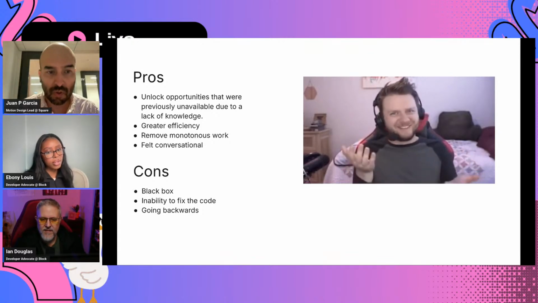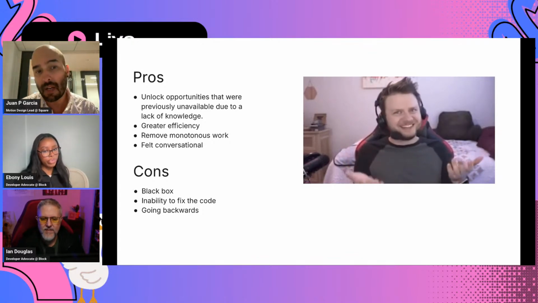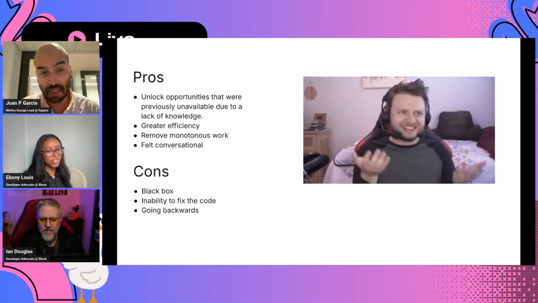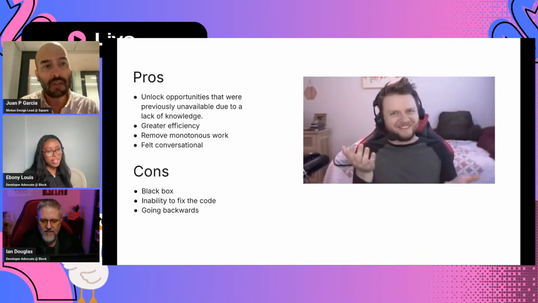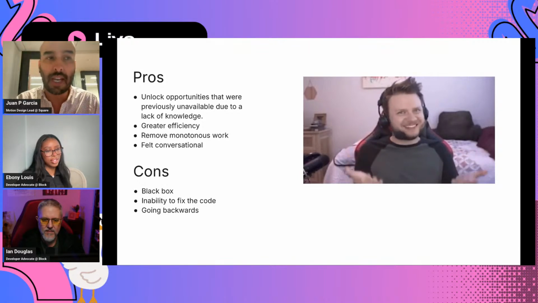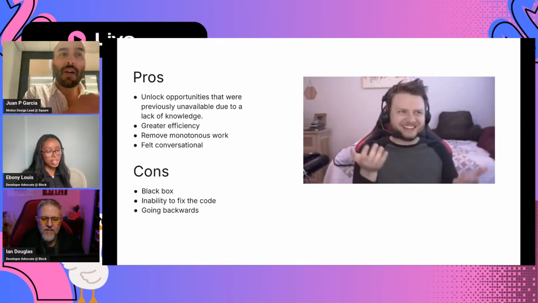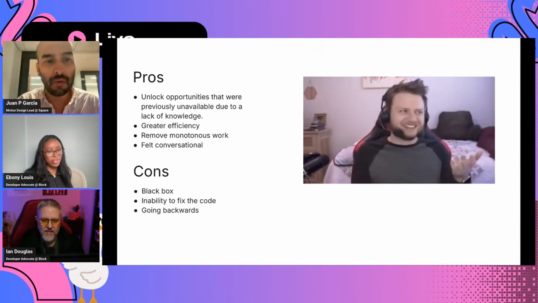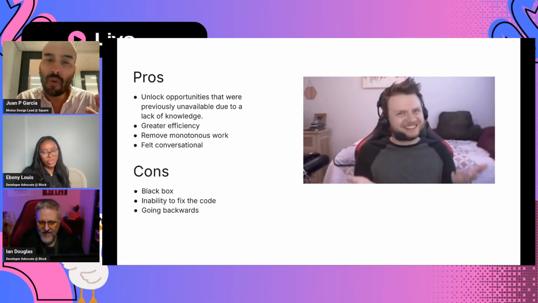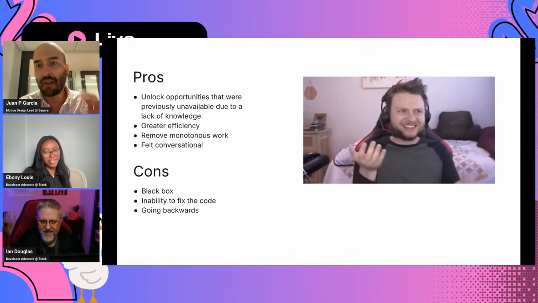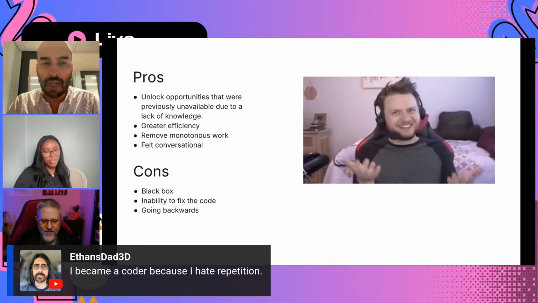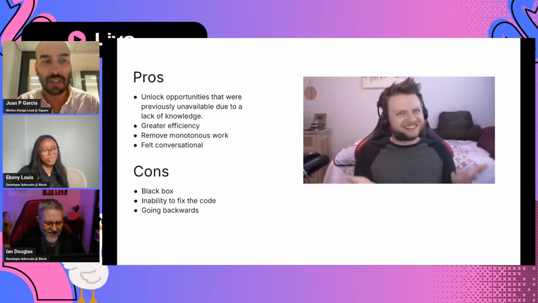It removes monotonous work. And one thing that I loved about Goose was it felt conversational. When I was developing the script, I asked questions. Goose responded with ideas or with things that I needed to check for Goose to get more insight about what we were developing. And that felt really good, because before, when I was trying to do it with ChatGPT, I wasn't getting that conversational input and feedback that helped me develop the script.